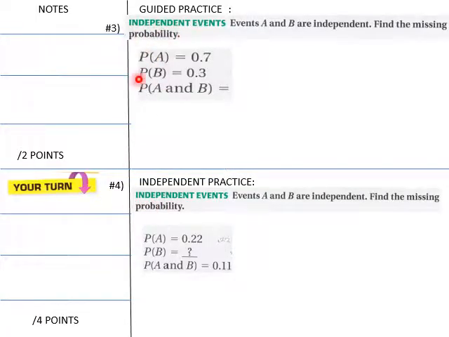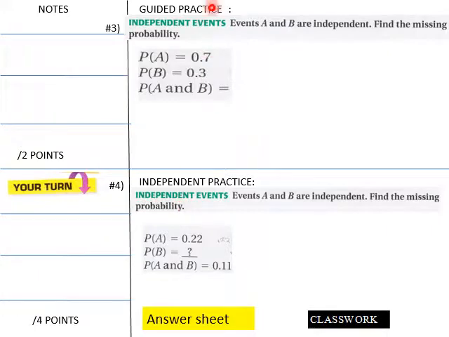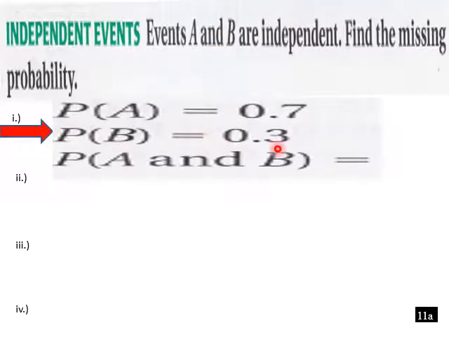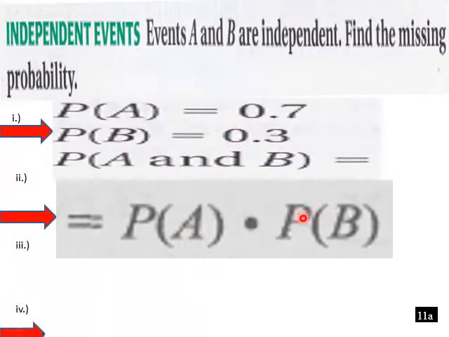Now we're going to do a guided practice here. Number 2. Students, this is yours, so pay attention here. Events A and B are independent. Find the missing probability. Probability A, probability B, probability A and B. Okay, what do we do here? So events A and B are independent. Find the missing probability. So we multiply them, and we get probability of 0.7 times